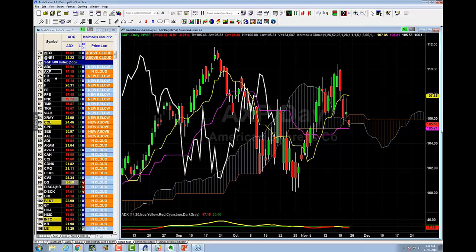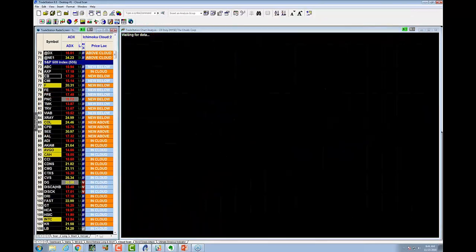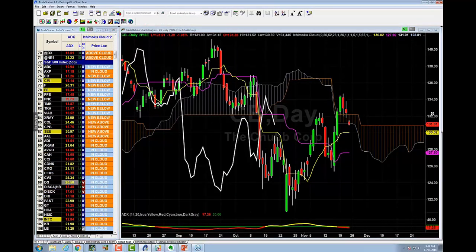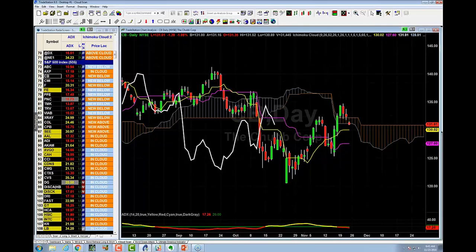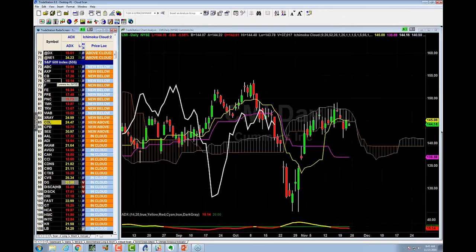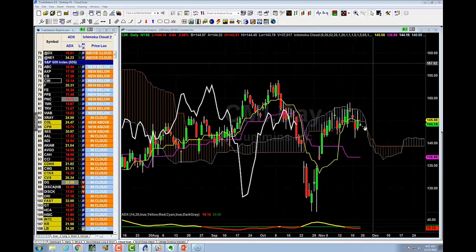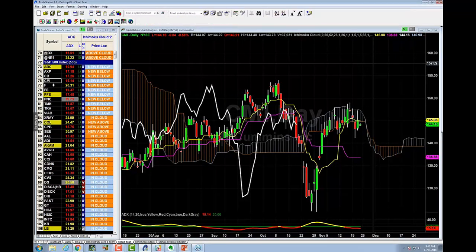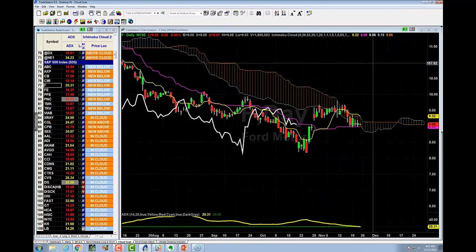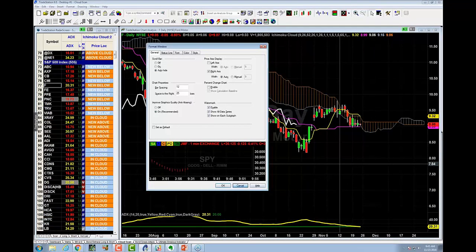New below. CB. All right. There's a new fresh short right there. And then I come back over and I keep doing it, making sure I'm looking for decent stuff. CMI, it's a new fresh short. It's not great looking, so I wouldn't add it to my list. And then I can look at Ford. Ford, all right. So Ford is a fresh short position.